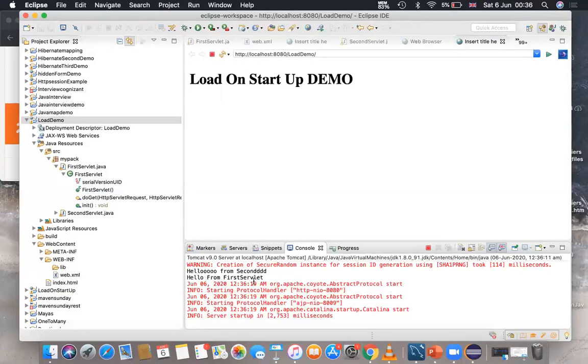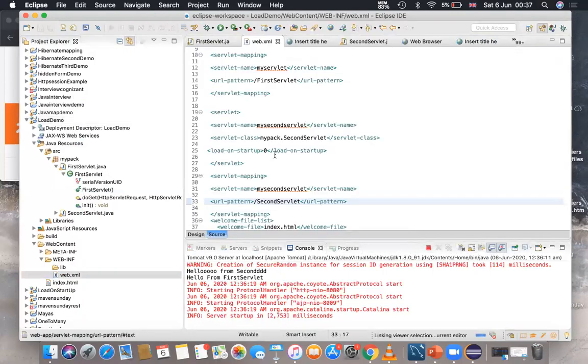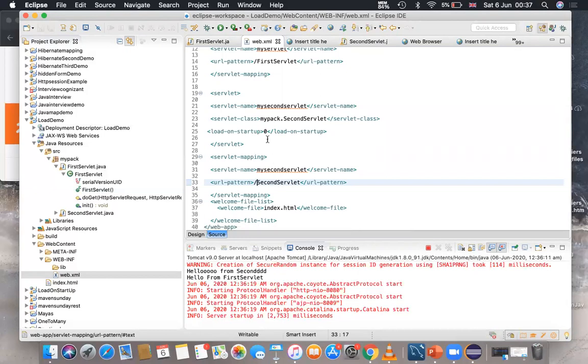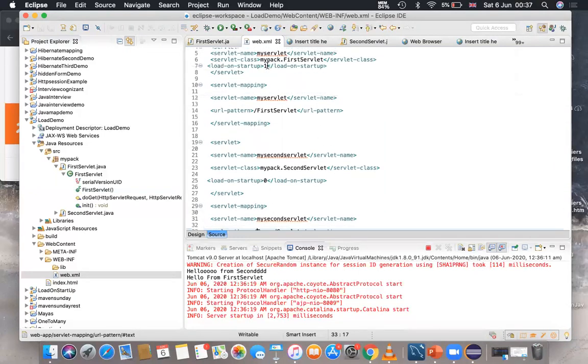So you can give the values accordingly: for servlets which take more time to load, give a lesser value for the load-on-startup tag. And if you provide a negative value, I would like to show you that also. Let me open this web.xml, and I will give a minus for the first servlet. I'll give -1 here. This is a negative value, so this will not be loaded at all. Okay, so let us save this and see the changes.